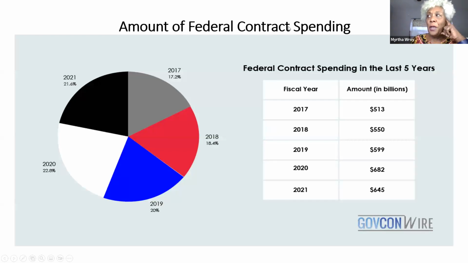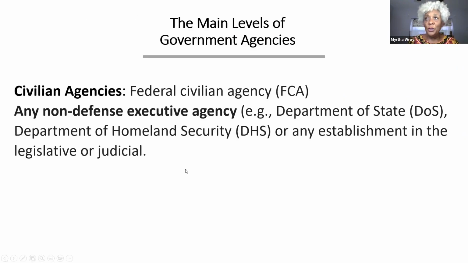And so the amount of federal contract spending in the last 5 years, we can just concentrate on 2021, which is 645 billion. As you can tell, 2020, we know why this number was so crazy. It's all the PPP and all the COVID and emergency contracts that had to be written for that year. So this is not bad. I mean, I would take 0.01% of this $1 billion if I can. So, levels of government.